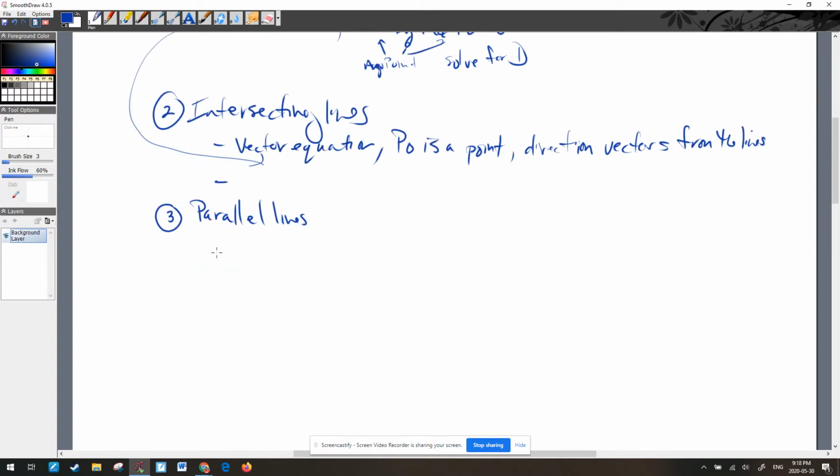Well, for parallel lines, we know either of the points, so either anchor point from L1 or L2, and we know a direction vector. It's going to be the same direction vector for the two because they're parallel. So a direction vector from the lines. And then we need to get a second direction vector